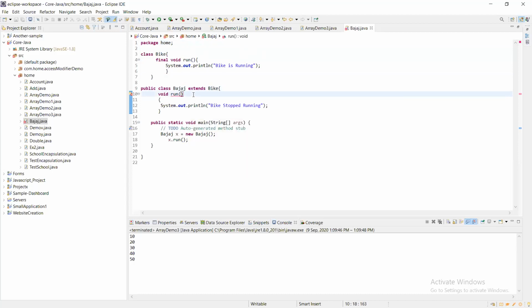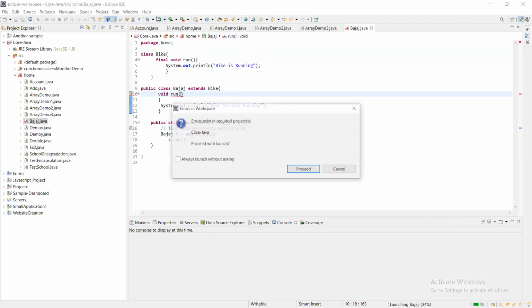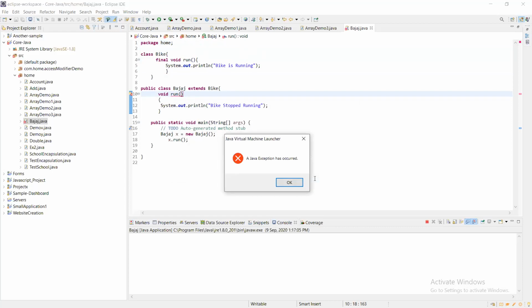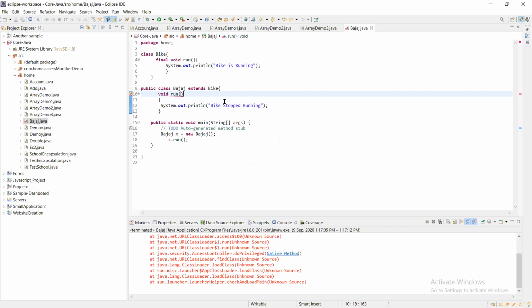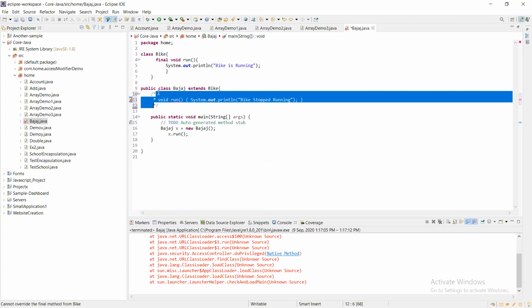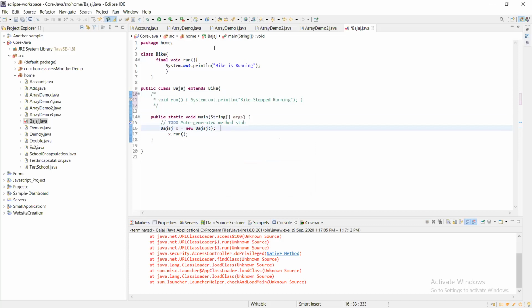This is showing an error, because we can see a Java exception has occurred. So we cannot change this method here, but if we comment out this line,